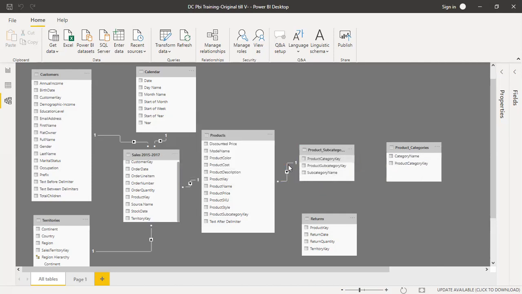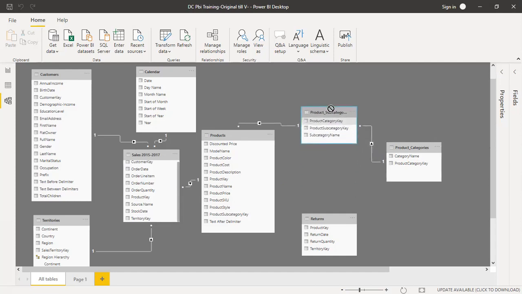So we are connecting products with product subcategory. And this has to be connected by product category key, right? See, okay, now this is correct. So here in this, we have product subcategory as our primary key and product category is my foreign key for this particular data set.